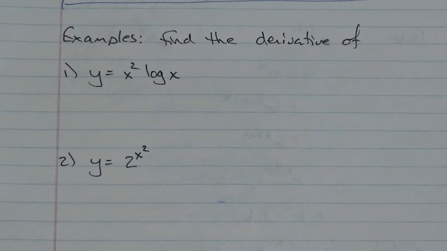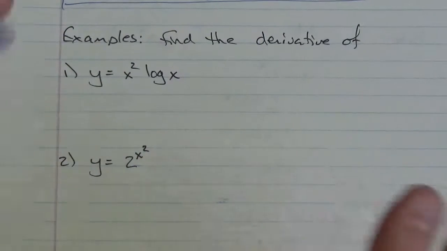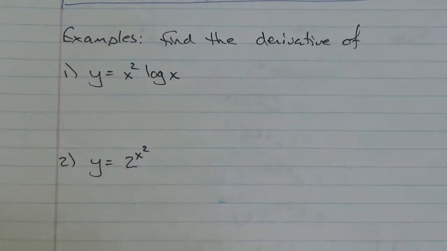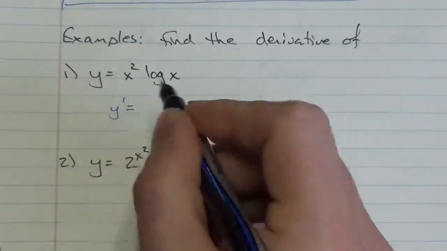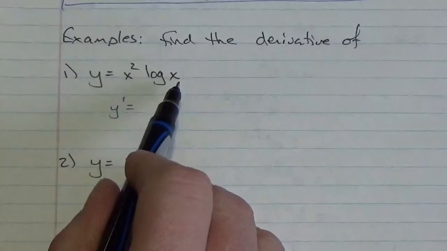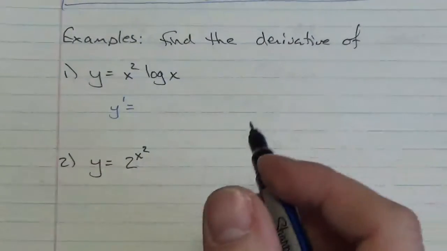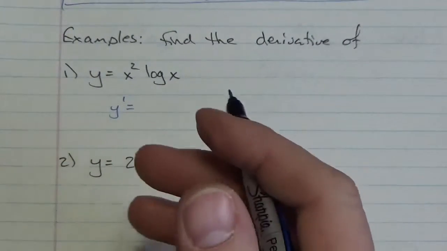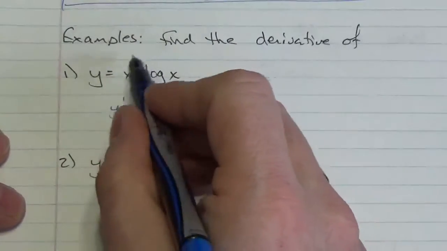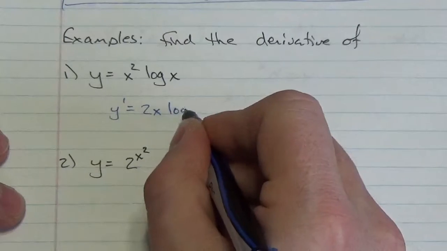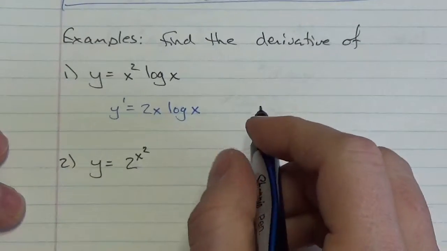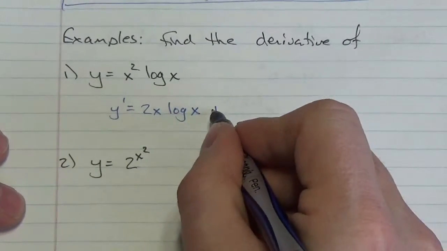Okay, so let's just take a quick look at a couple of examples here, and we're not going to go to town on this one. I'm just going to show you a couple of examples because it's really the same thing over and over again. Here we've got two functions multiplied together, so we have to apply the product rule here. So the derivative of x squared is simply going to be 2x multiplied by the log of x, okay, plus,